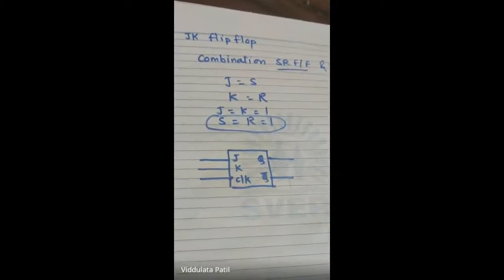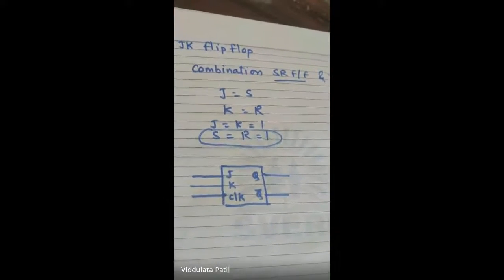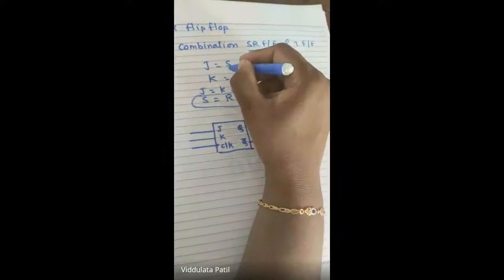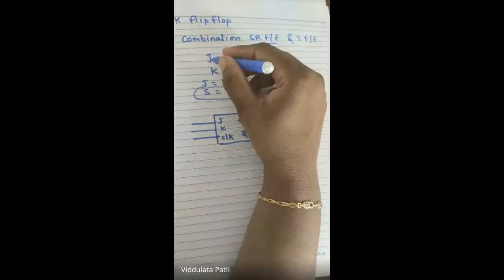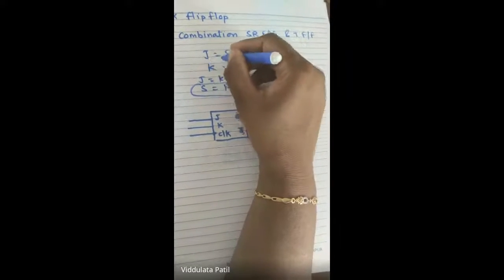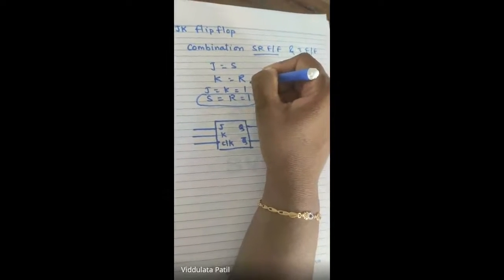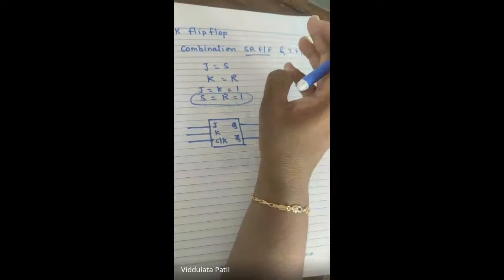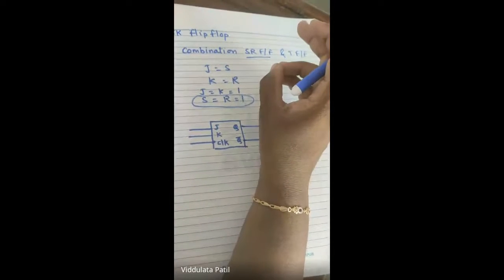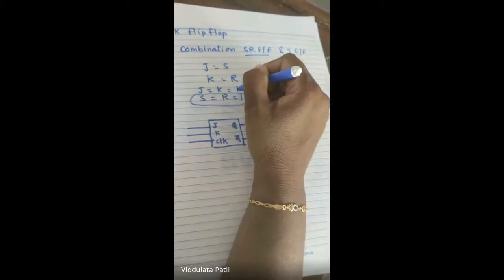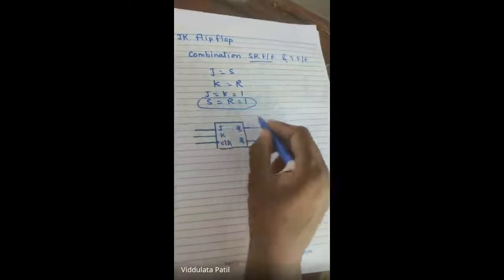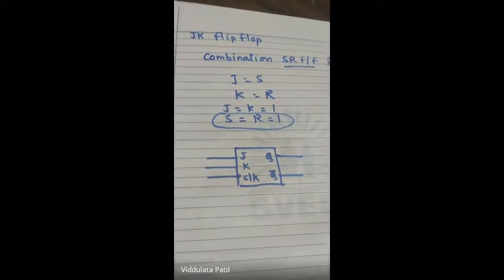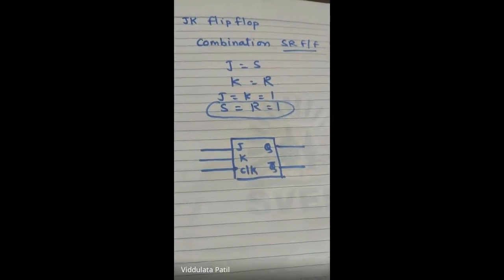Oh, shall I repeat it again then? Okay. So, yes ma'am. In a JK flip-flop, it behaves like a SR flip-flop. It takes the value that is J is equal to S and K is equal to R. Okay. But this is valid for three conditions only. That means when 00, 01 and 10. But whenever J is equal to K, that is equal to 1, it does not behave like a SR flip-flop. Okay. Because in a SR flip-flop, when both these inputs are 1, we get invalid state.